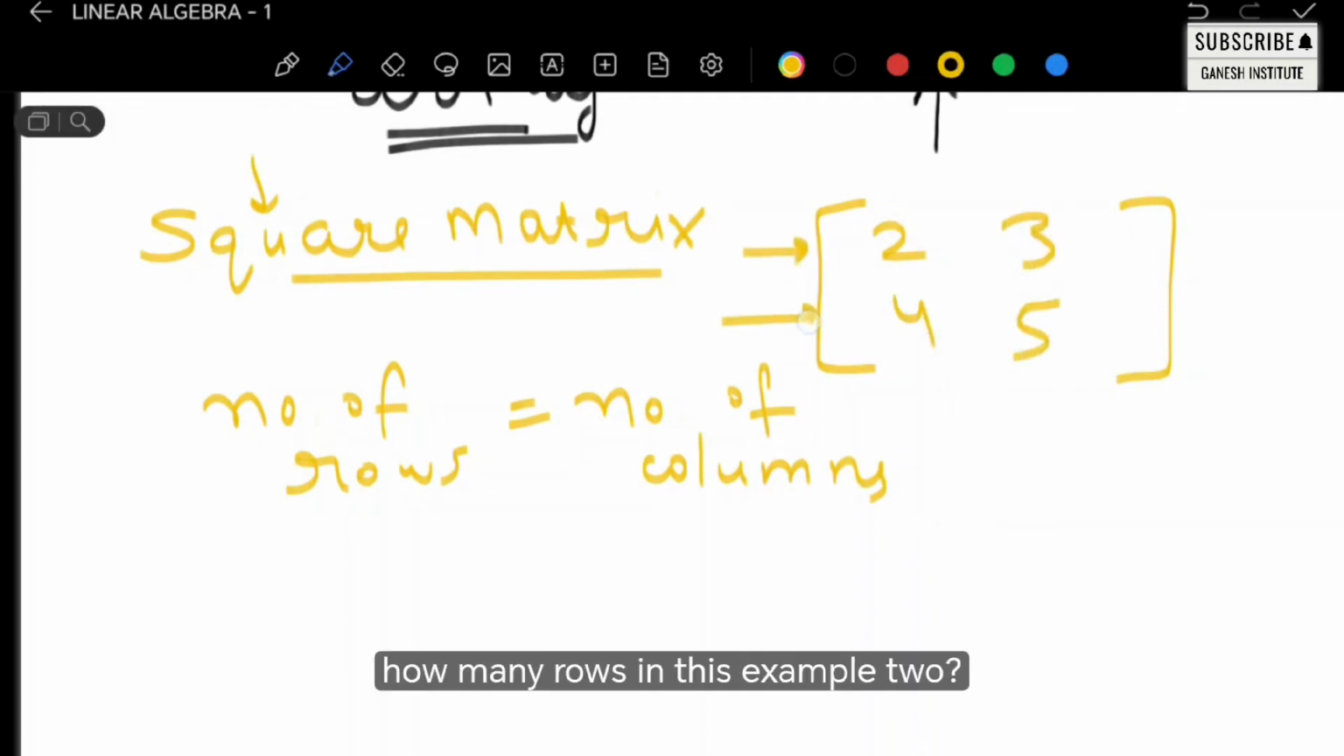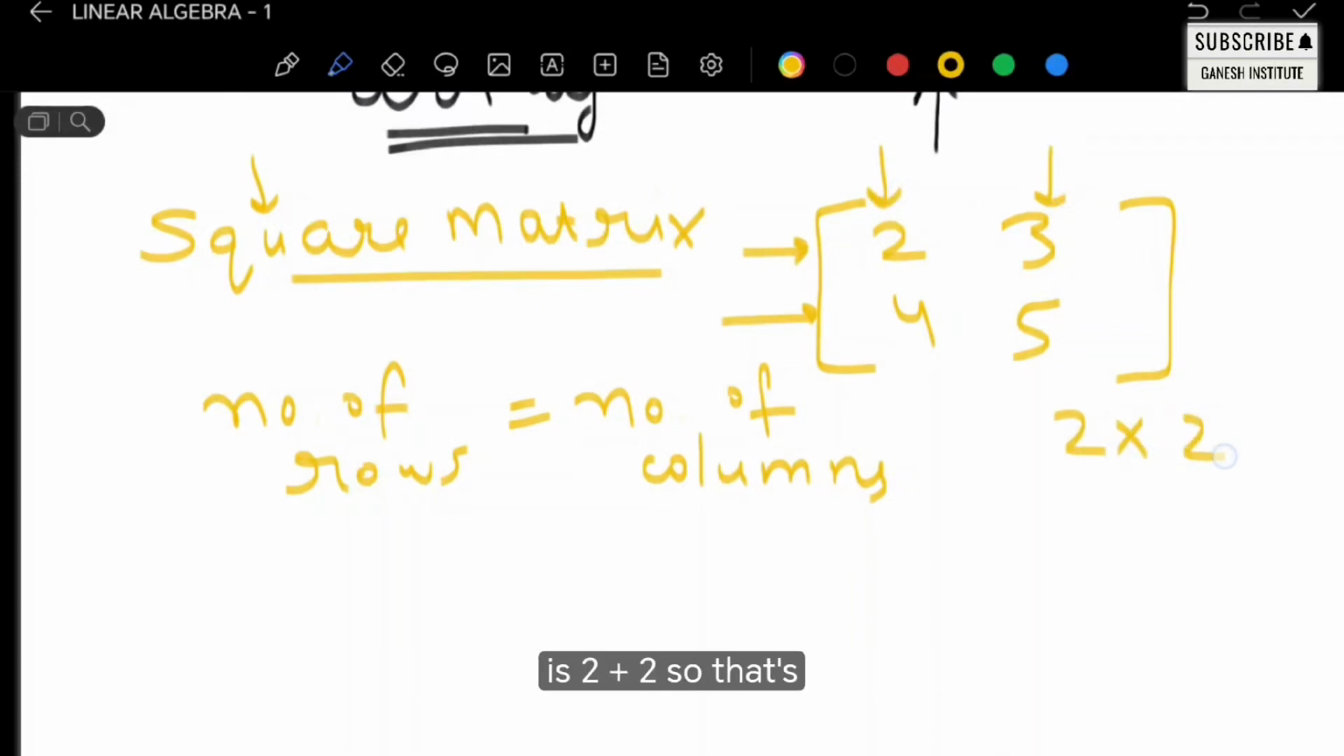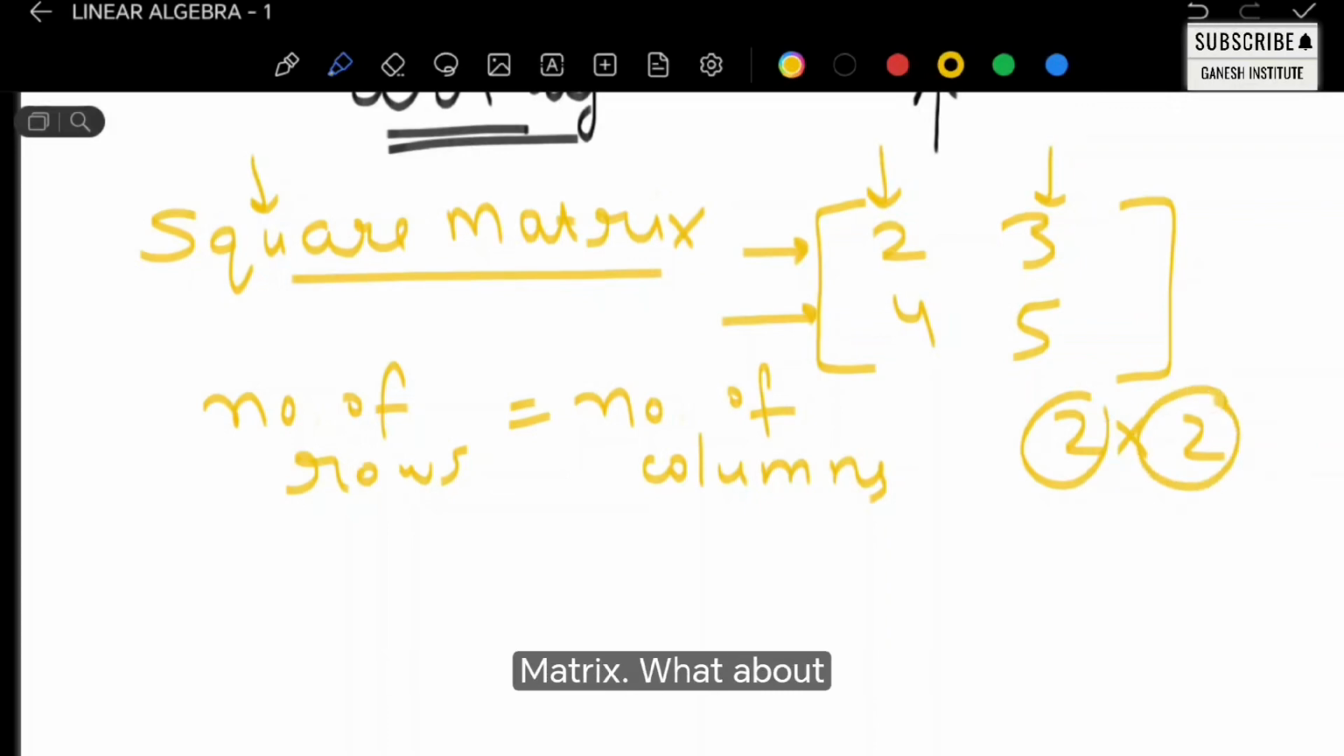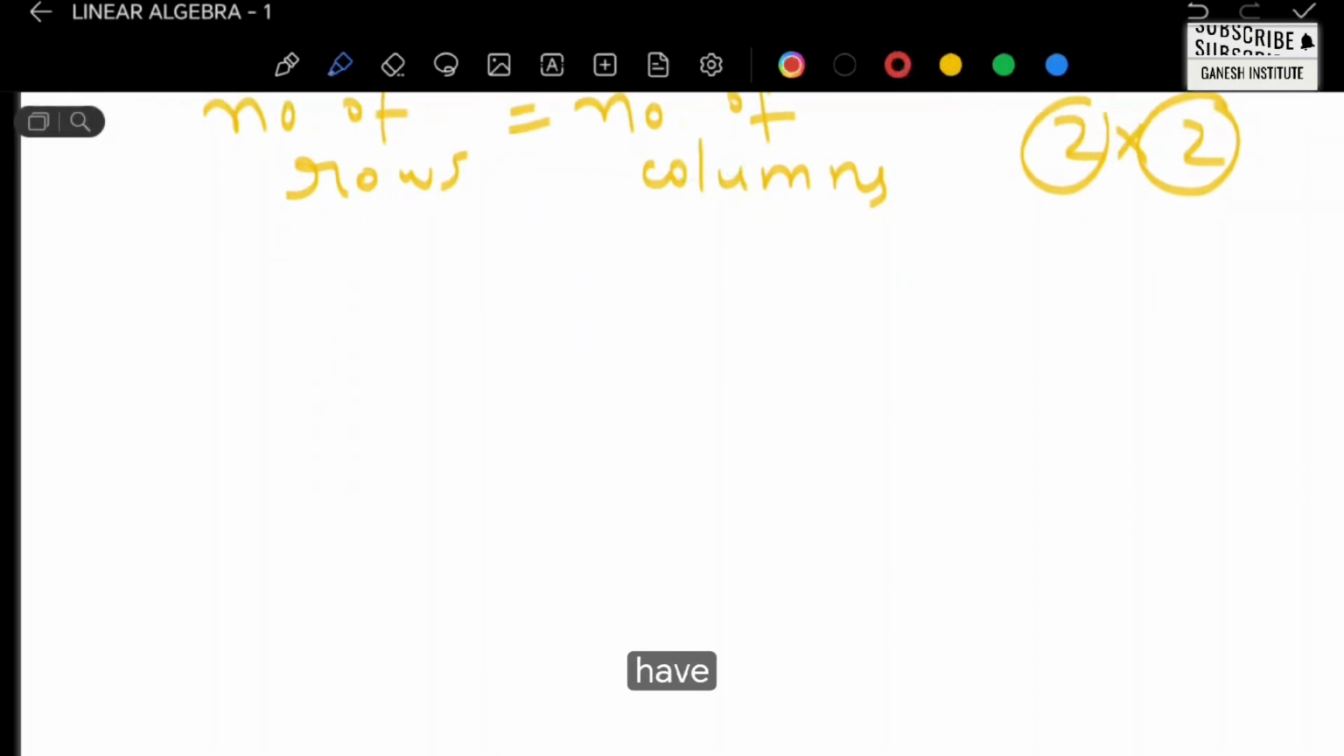How many rows? In this example, 2. How many columns? 2. So the order is 2 cross 2. So that's why we can say that this is a square matrix. What about this one? If I have written